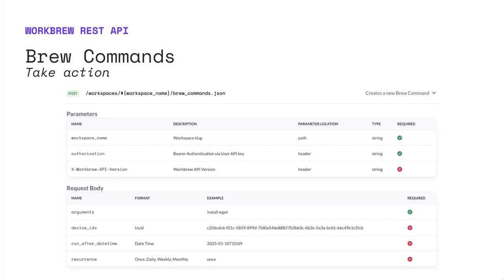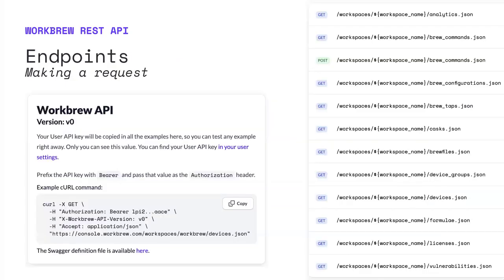And so when you do that, what will happen is the command will be created and then a run will be created for the devices that you're targeting. And then those commands will be executed on the devices the next time they check in. And then the status will be reported in the runs. Now, I'm not going to go through every single API endpoint, but these are some of the high-level endpoints that you can use to work through building some automations. You can go back to this list. Here's a list of all the different endpoints, and you can go in and think about all the different ways you could use